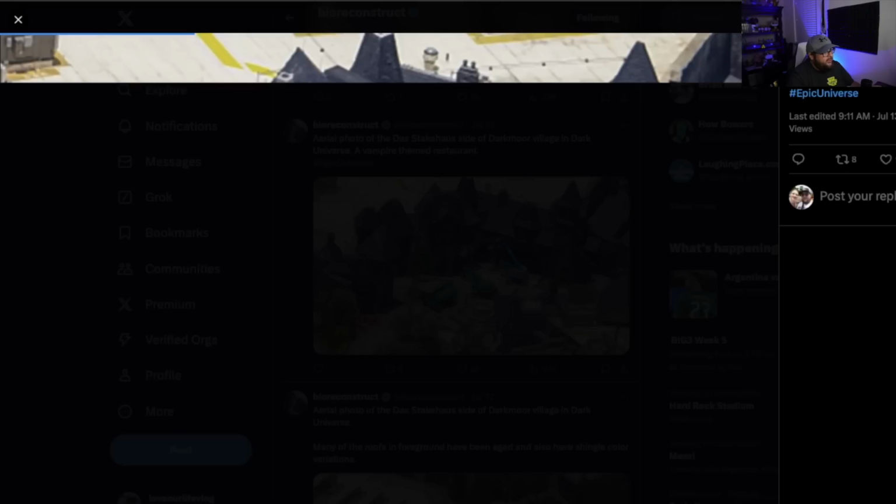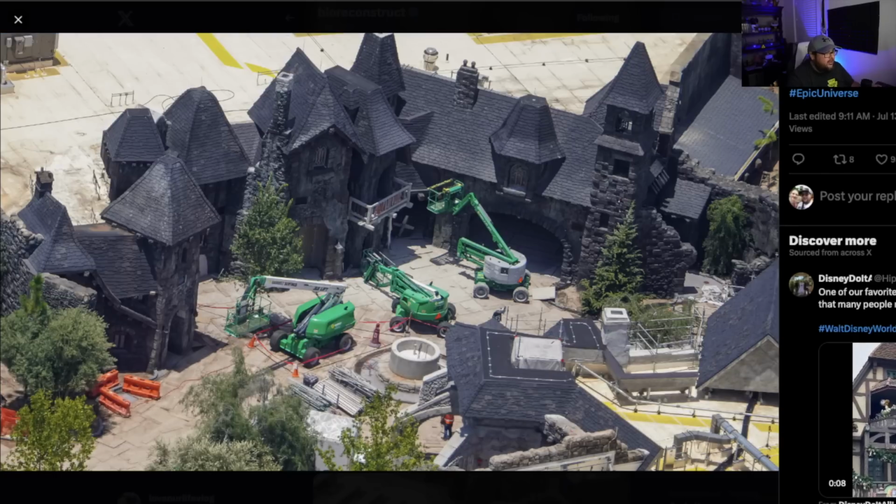Now here is an aerial photo. We were just talking about this Steakhouse side of Darkmoor Village and Dark Universe. This is, of course, the vampire themed restaurant, which is a steakhouse. They're going to have steaks on steaks. That's what they said. So we will see. I'm excited to eat at that restaurant. I think that'll be really cool once they're done. But they're still working on the facade of that, progressively just getting better and getting it done as we go on each week,